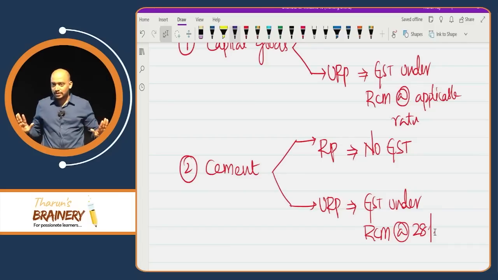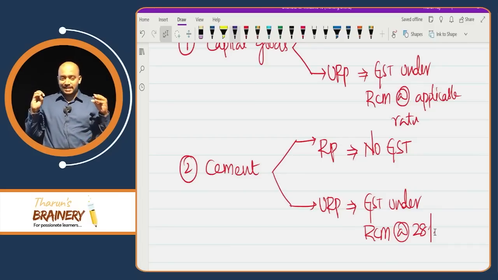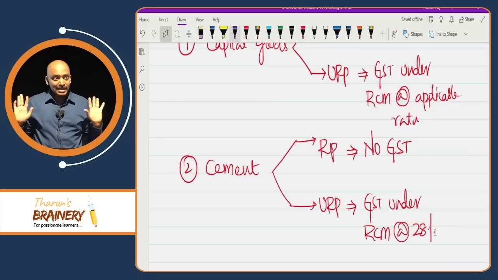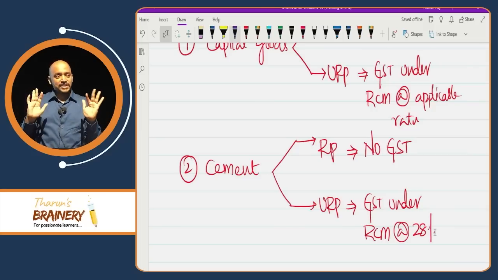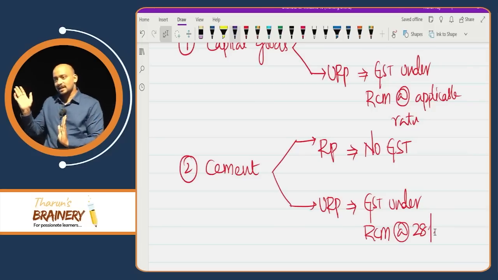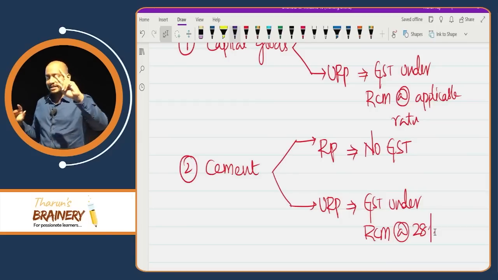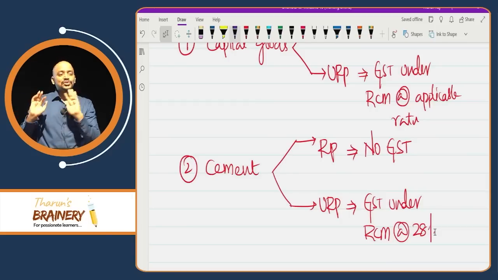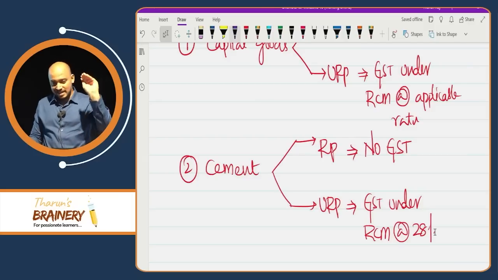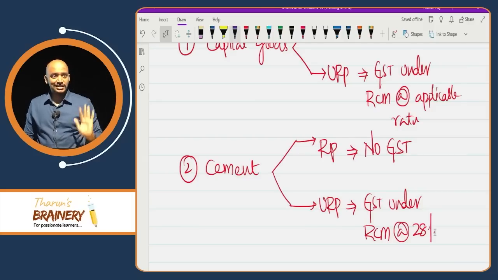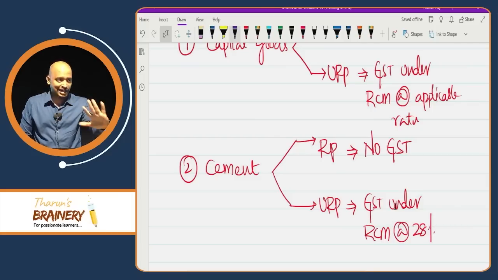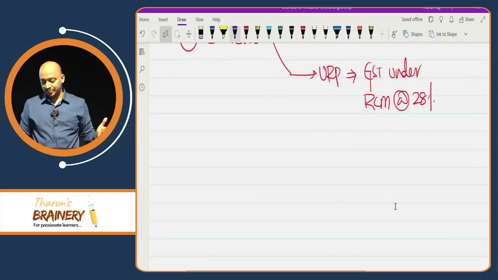Understood step 2? Step 1, capital goods. Check whether capital goods are purchased from a registered person. Yes, leave it. Purchased from an unregistered person, pay GST under RCM at the applicable rate. Then second step, you take cement. Check whether it is purchased from a registered person. Yes, then leave it, no GST. Purchased from an unregistered person, however much you purchase from an unregistered person, on that you pay GST under RCM at 28%. Now third step,